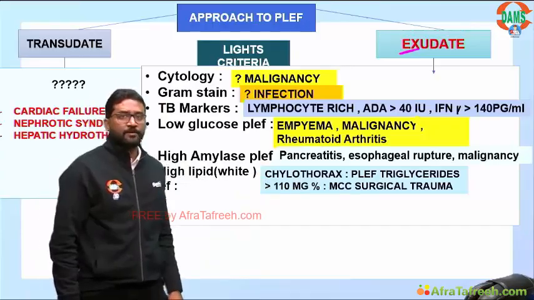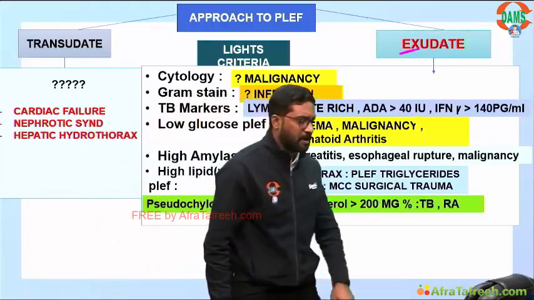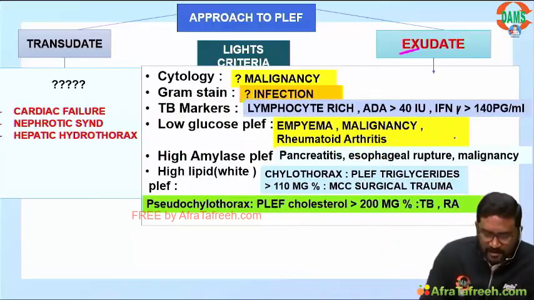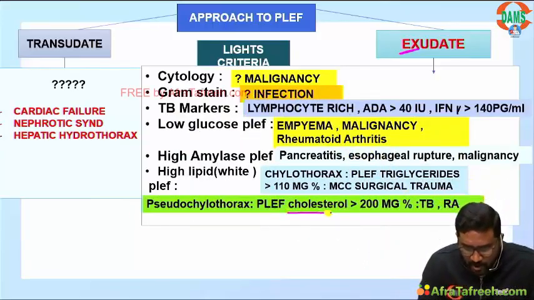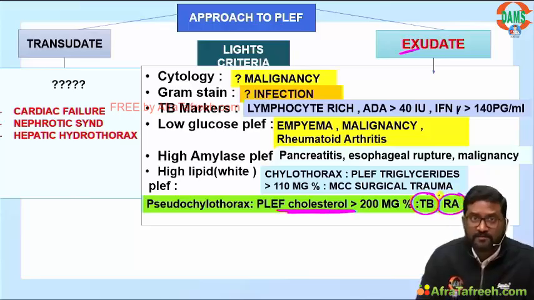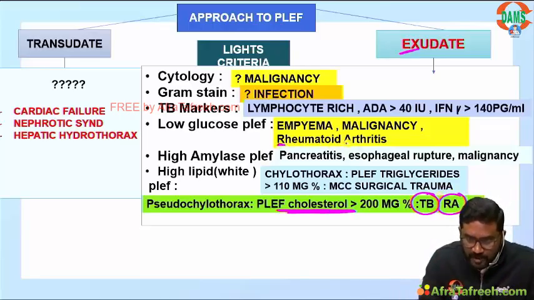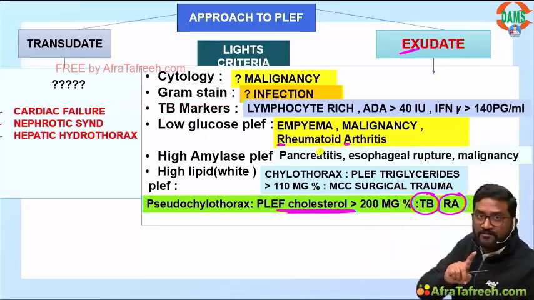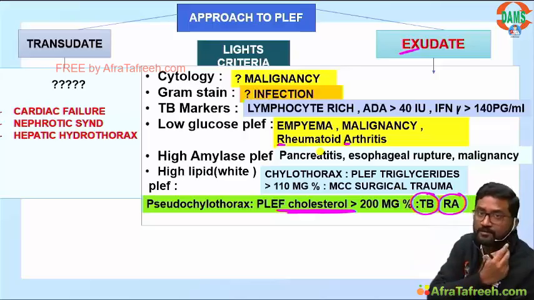And another lipid pleural effusion is pseudochylothorax. Pseudochylothorax is due to accumulation of cholesterol in long-standing effusions, such as TB effusion and rheumatoid arthritis. RA means rheumatoid arthritis. So if the examiner wants to ask one question in pleural fluid analysis, it will